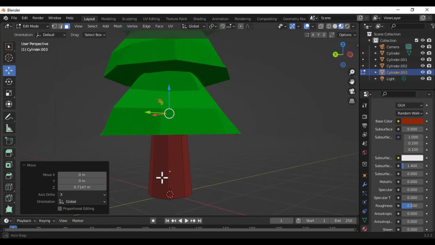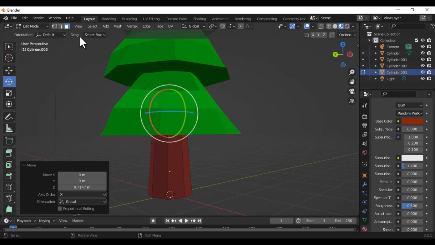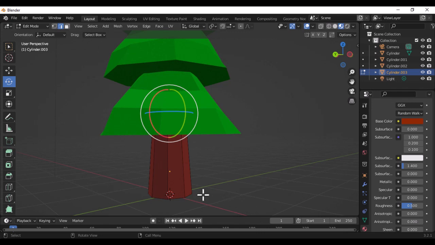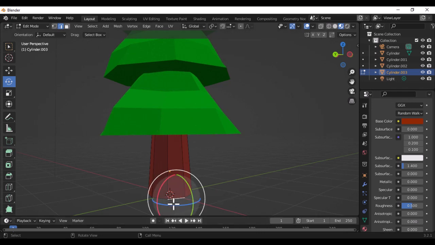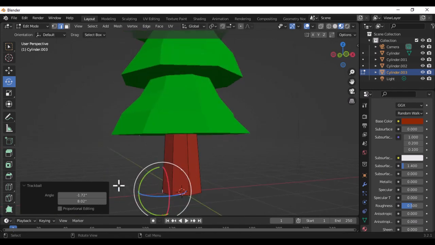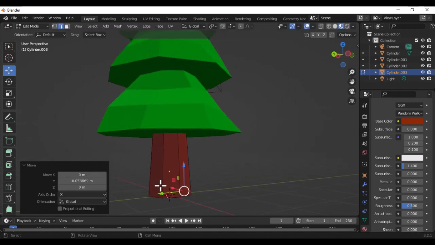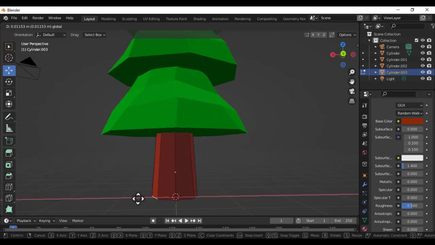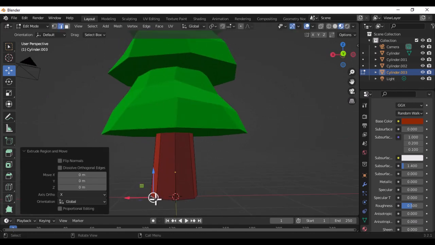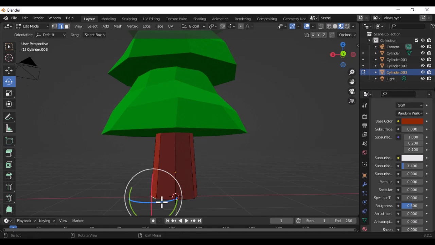It looks cool, but first I have to select the edge loop over here, and I want this tree to have some kind of randomness. So that's what I'm doing here. I want randomness in this tree. And then I have to scale it down. Sorry,